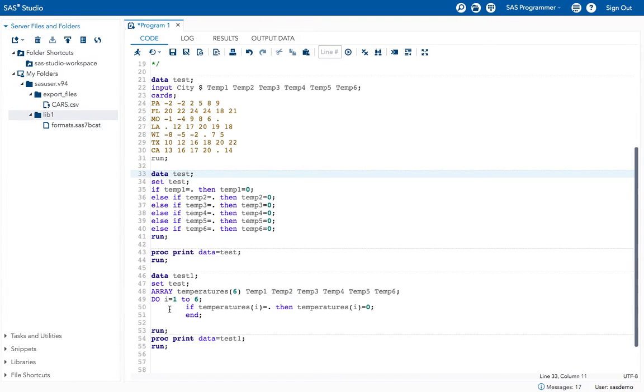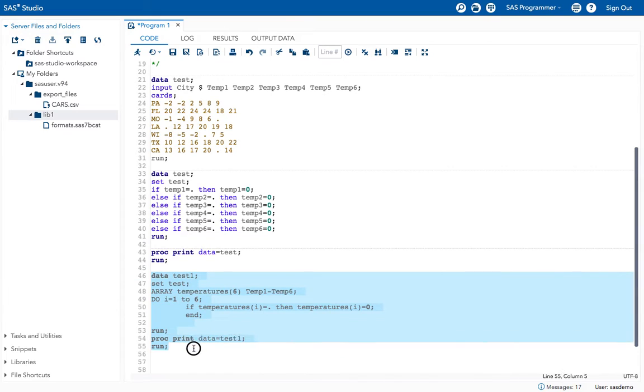But here we just mentioned a simple array statement. Instead of mentioning all these variables 6 times, you can write temp1 to temp6, and even like this you can get the same result.